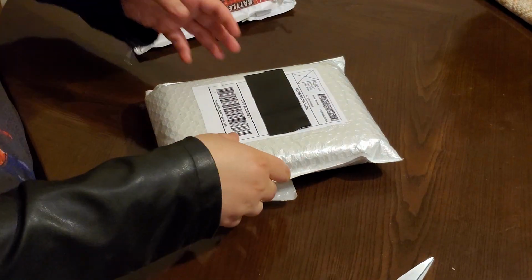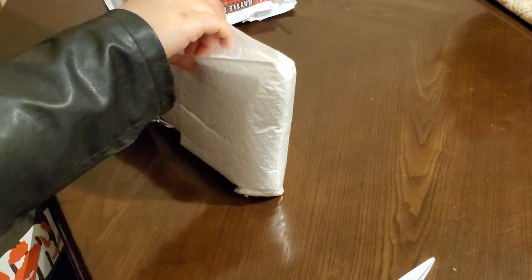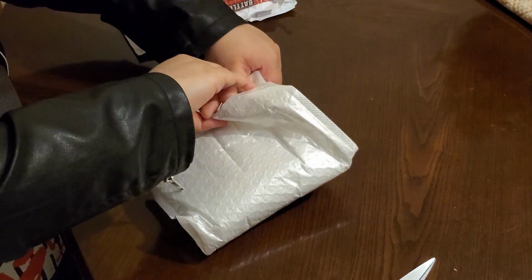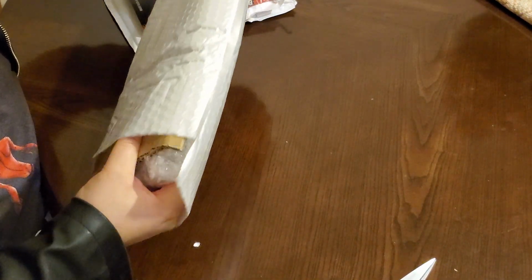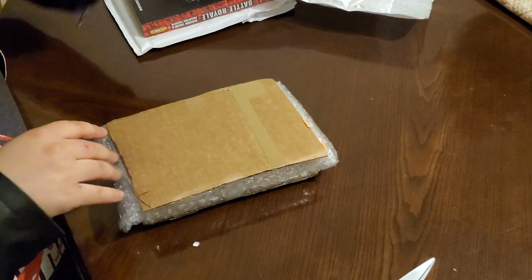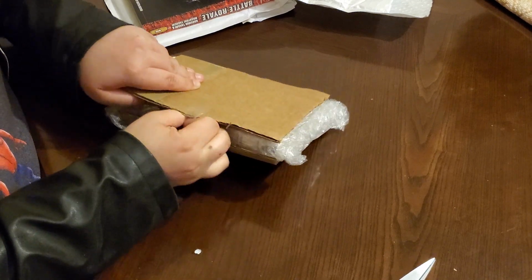But now let's move it aside. And hello there. You thinking, do I need the scissors? I do not need the scissors. Oh, okay, that was much easier than I thought it was going to be. And it's cardboard. But it's more than just cardboard. I said it's more than...